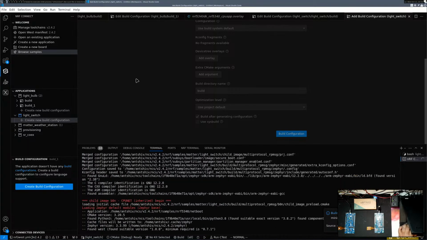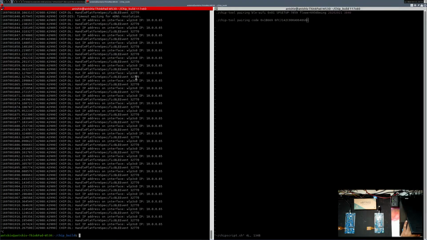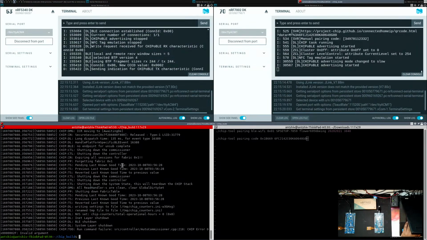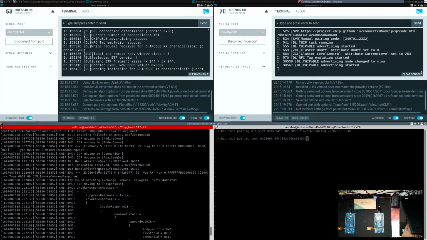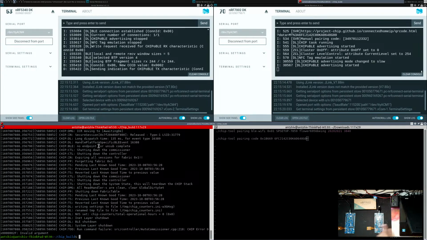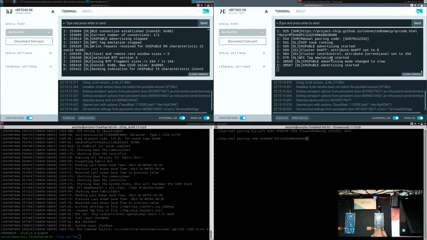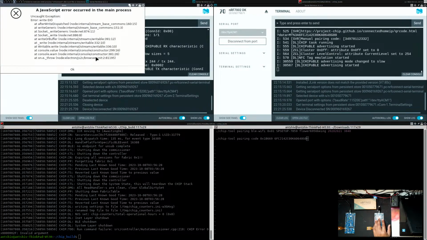In the meanwhile, while it's building, I just wanted to show that when we connected, this is the Matter controller, which is running on my Linux machine. When I got the Matter controller working, this is running on this board, the 7002DK. So on this board, as soon as I got the Matter controller working,